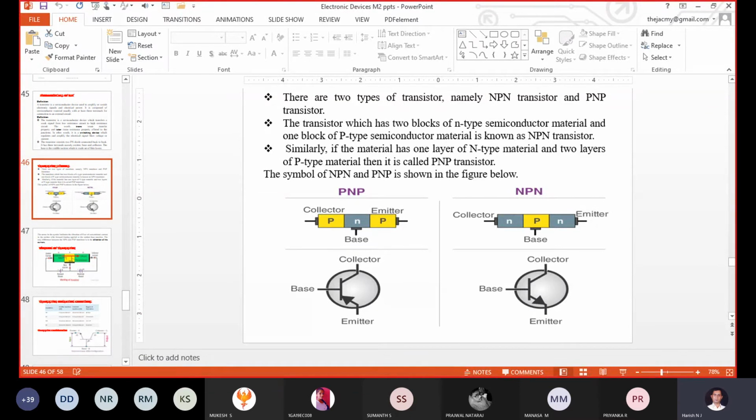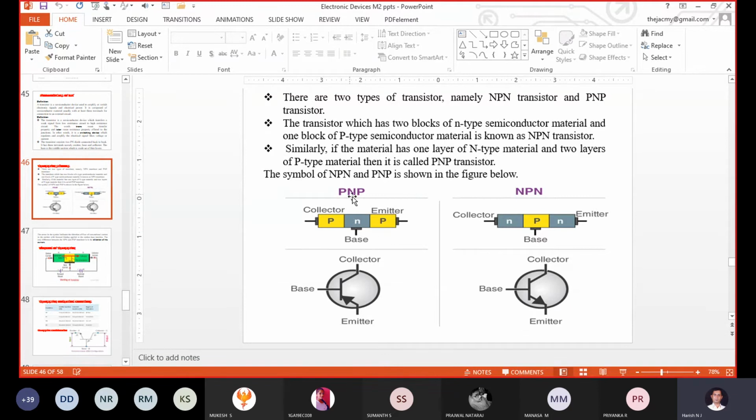This is all the information you are already aware of. Correct. At the same time, I will ask you one basic question here. Coming to the doping concentration of a transistor, there are three substrates, semiconducting devices. If you take a PNP, two are P type and one is N type.